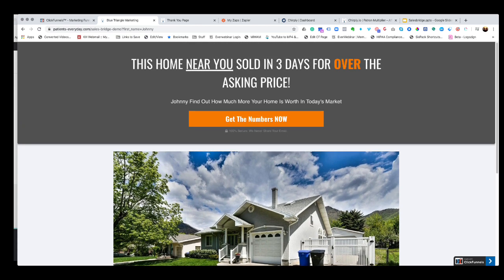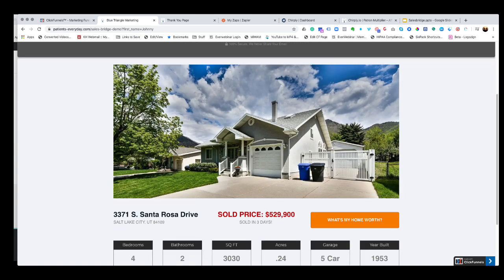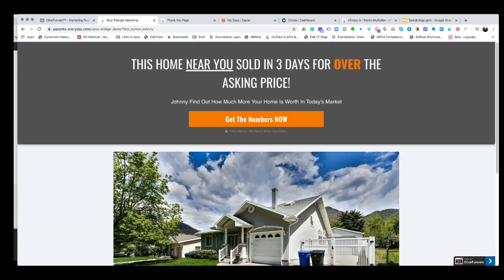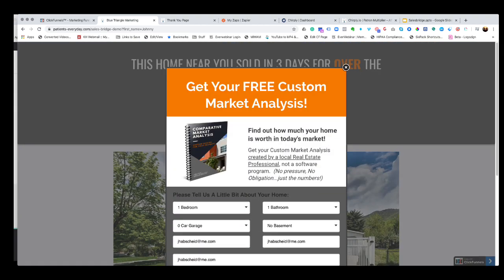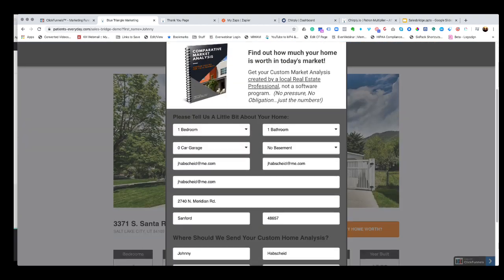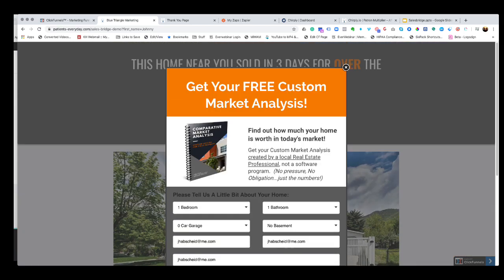So you just send an email out and say, this home here sold in 3 days. You want to find out what your home is worth? And then people click on the get the numbers now, and they fill out their information in this sheet.